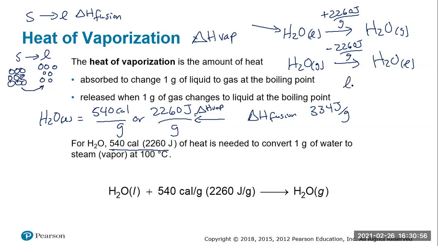But as we go from liquid to gas, in the liquid state everybody's packed near each other, while in the gas state everybody's completely broken apart from each other. It takes a lot more energy to break everybody apart. And we can see that with the actual number here, about 2,260 joules to completely take everybody apart from each other, while it only takes 334 joules to break everybody apart in the other case, I guess is a way you could word that. So that's the heat of vaporization.